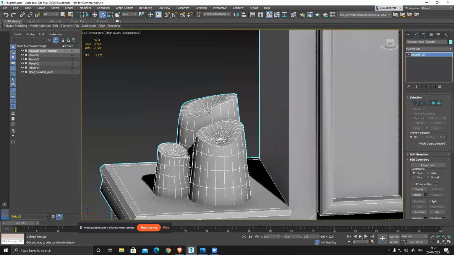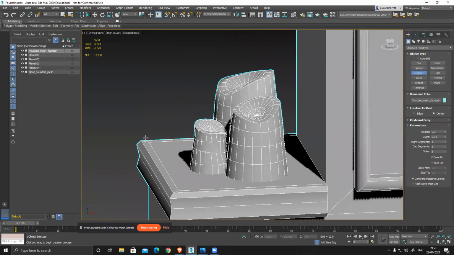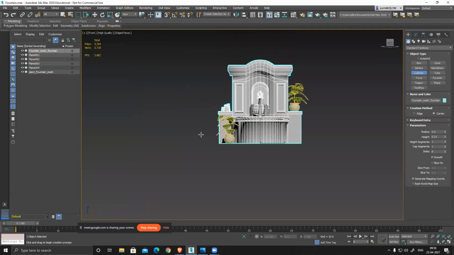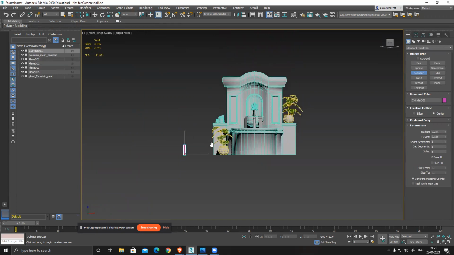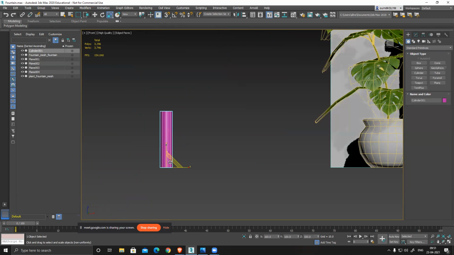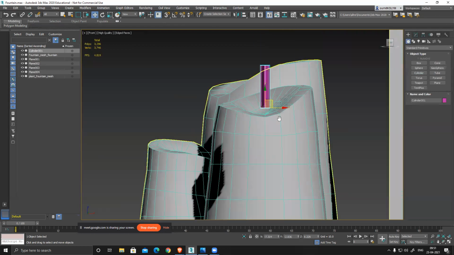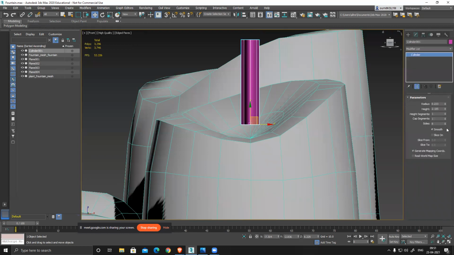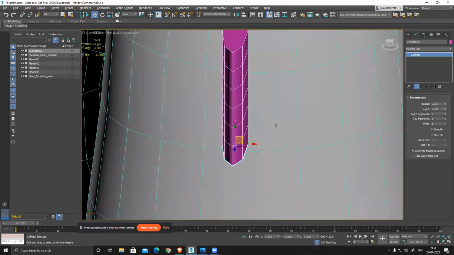That flame I can create with the help of a cylinder. Front or top view. I need a couple of segments. It's eight sided.